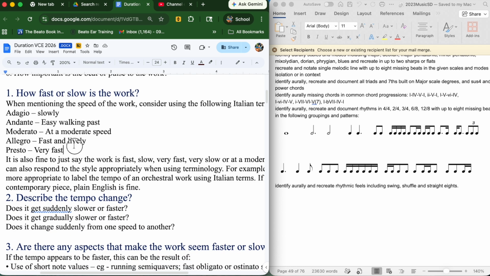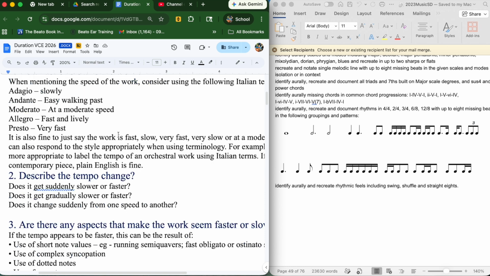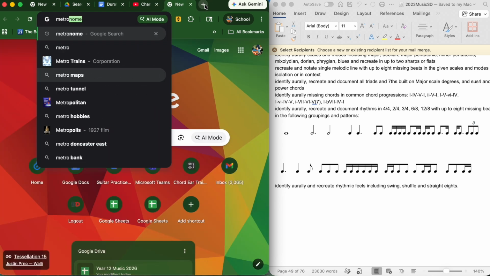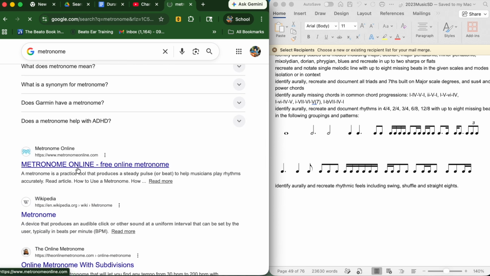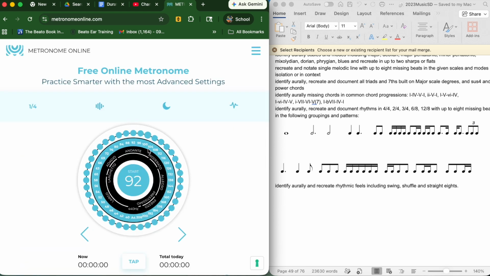How fast or slow? This is the terminology that we should be able to use, if not the Italian term, then in English. And we need to know what these are. There's a website that has a metronome that is helpful, Metronome Online. As you can see around here, the presto starts around 160, 168. That's the beat. So eighth notes at that tempo is, 16th notes is,